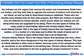Another symptom of kidney disease is swelling, which can also go unnoticed, especially in the hotter summer months when many people tend to get swollen ankles and hands. The swelling is the result of a fluid buildup, due to the kidney's inability to remove the unnecessary fluids from the body. In addition to swelling in the hands and feet, swelling may also be noticed in the legs and